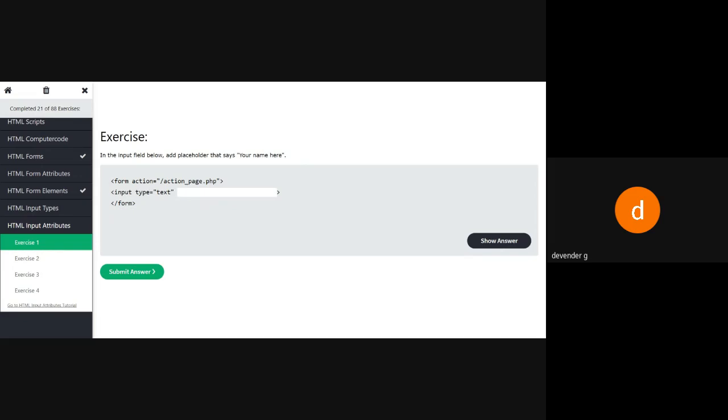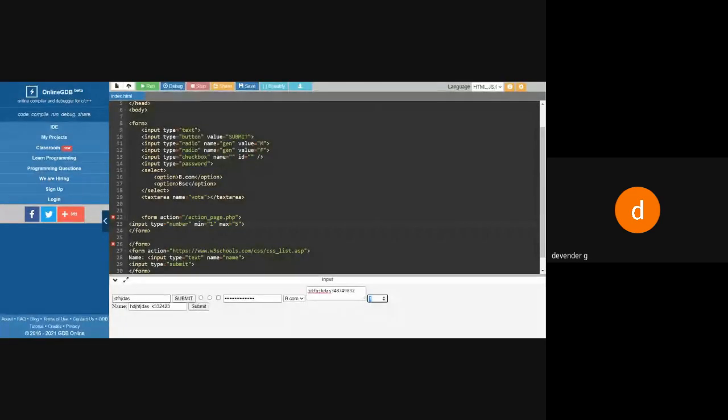Now we want to add the placeholder. Now what is this placeholder? If you see the previous program, in this I'm trying to type something. What I have to type, I should be informed in prior information. That means I should have the prior information of what I have to enter. So blindly I should not type whatever I like. So the user should get information that in this you have to enter something. That should be given well in advance to the user, seeing that he'll know okay, I have to enter.